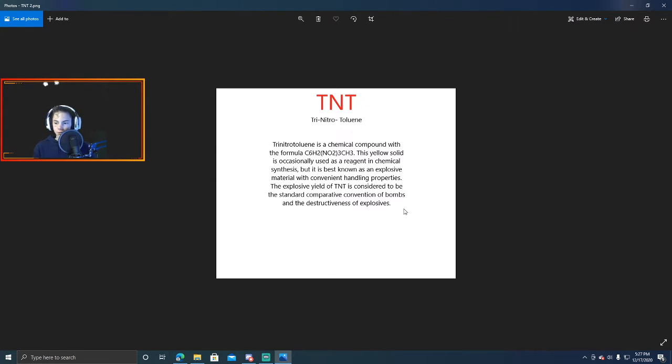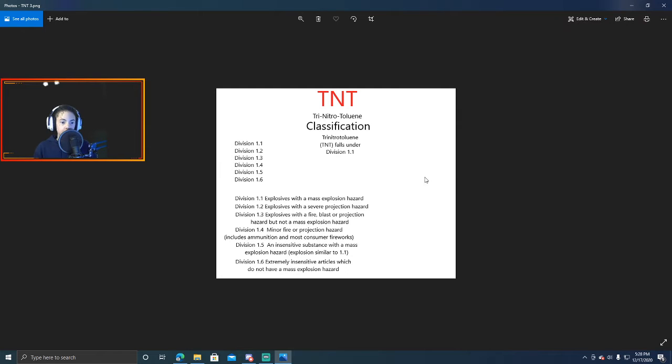and destructiveness of explosives. So it's like everyone knows TNT, everyone knows that it goes boom, and so it's literally the base model. So that's at the bottom of the list. Things are still below it for sure, like firecrackers and all that. That's way below it, but for all commercial and military grade explosives, everything above that category of TNT is based off of TNT. That's where it all gets placed. So if it goes boom a little bit more, then it gets placed higher than TNT. Or if it has different classifications or anything. Alright, so